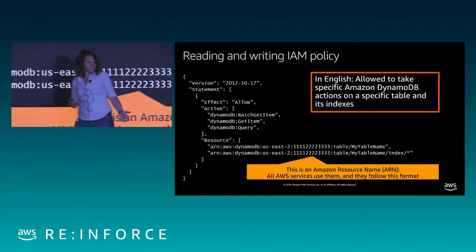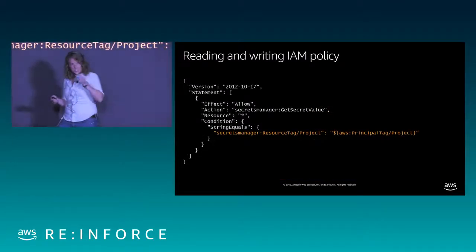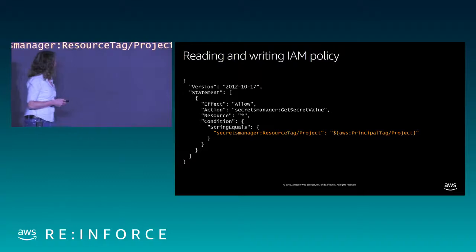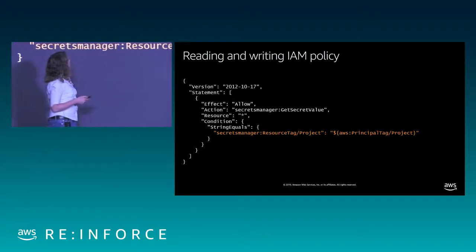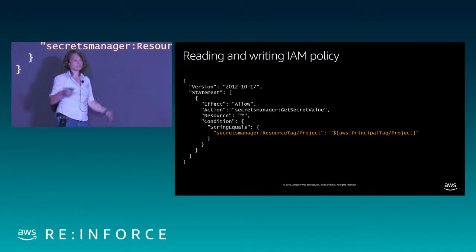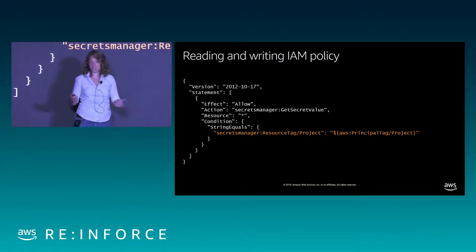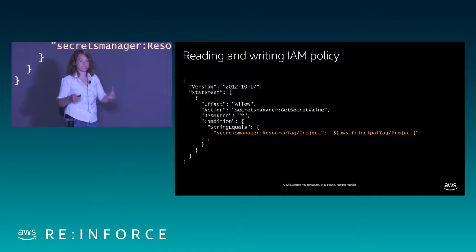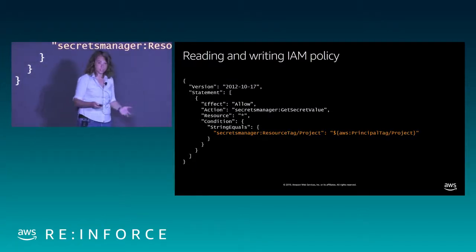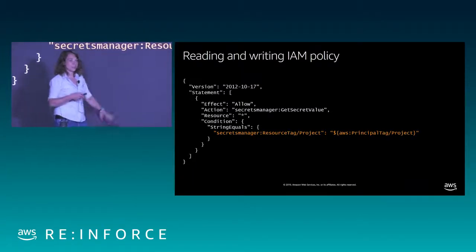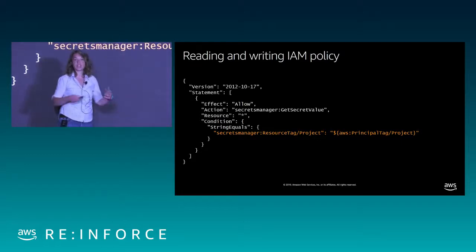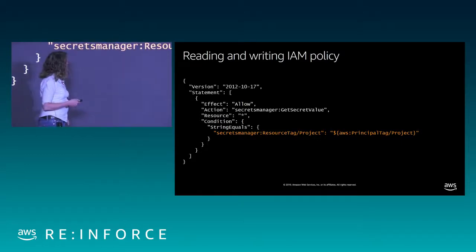Want to see more policies? All right, here's another one. This one has something new. Okay, so this is a different service that we're talking about here, Secrets Manager. If anyone is familiar with Secrets Manager, it's a way to securely store your secret data and protect it with permissions in AWS, a way that you no longer need your developers handling the secret material themselves. Okay, so get secret value, that's how you get the value underneath the secret. So this is giving someone permission to look at the secret.